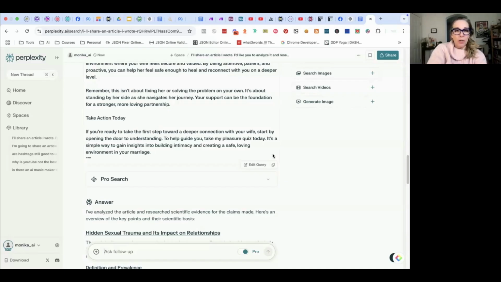Crystal and I use a program called Loom where you can share your screen and it has a little bubble of you that you can move around. What's cool about that is you can send a Loom video to people if they're asking questions. Loom is a pretty inexpensive software that allows you to do what Monica does.